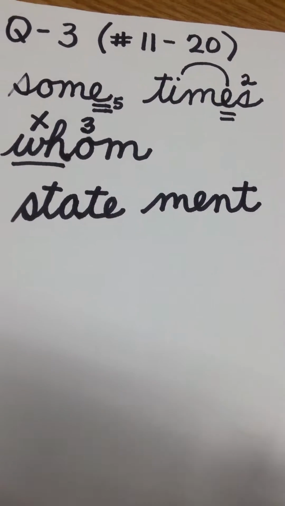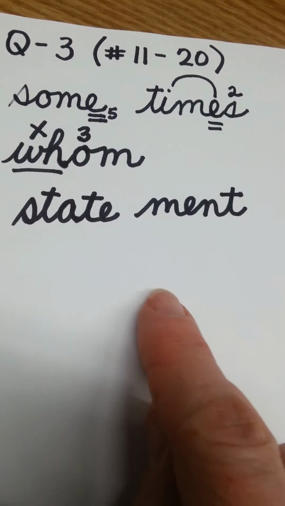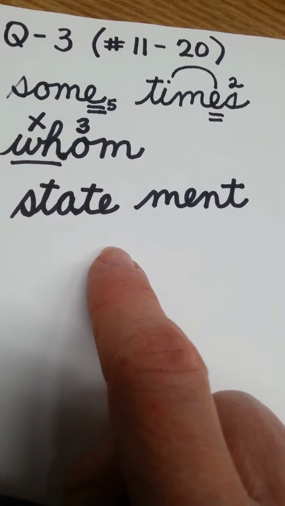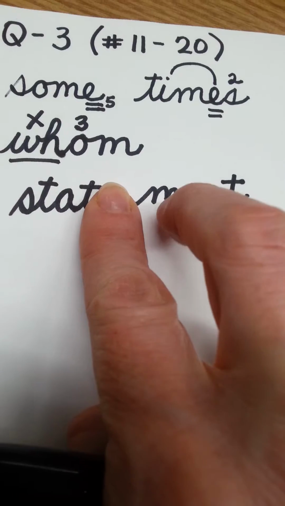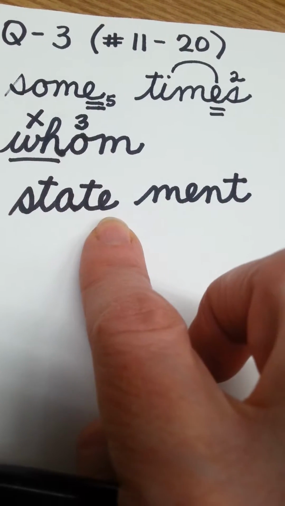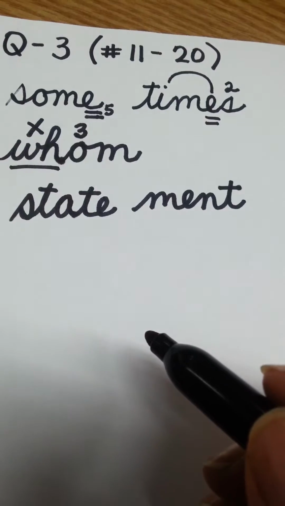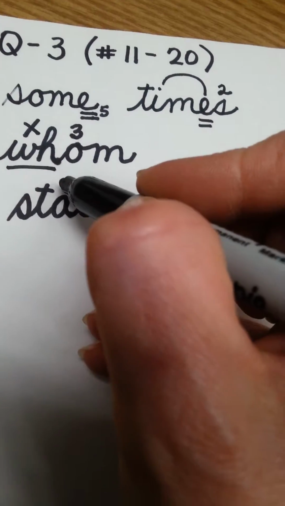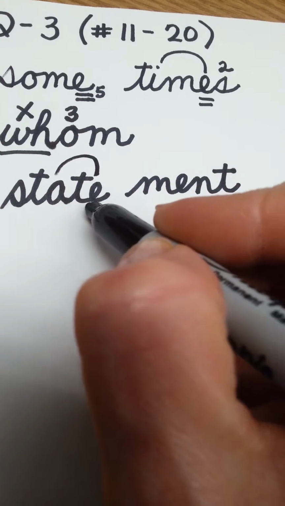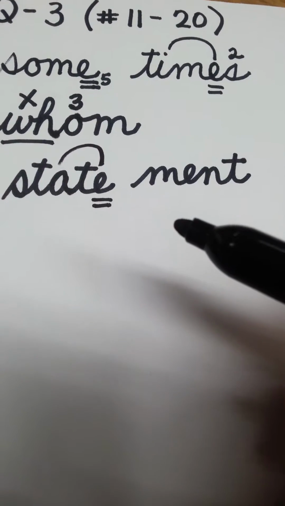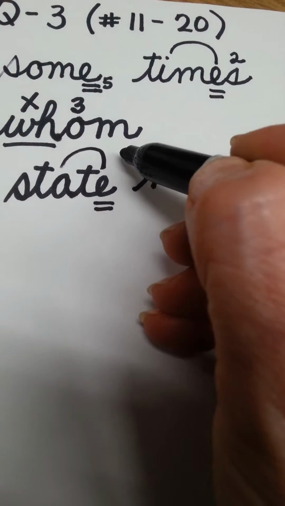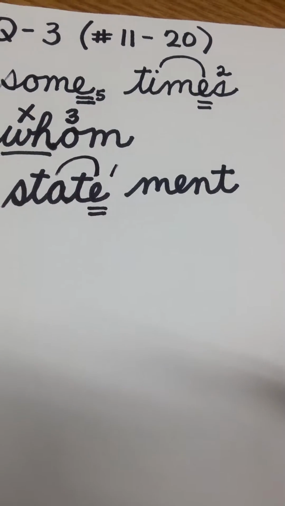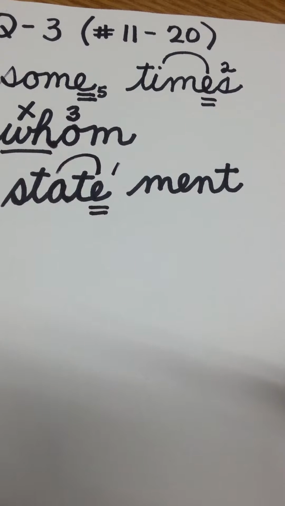Very good. And to show you what I was talking about just a moment ago, silent final E words commonly lose the need for the E when adding a vowel suffix. Is this a vowel suffix? No, this is a consonant suffix, so we will keep that silent final E. Statement. We'll draw an arch from the A to the E to show that E is making the A say its name. And meant, there's nothing to mark in meant. Statement.